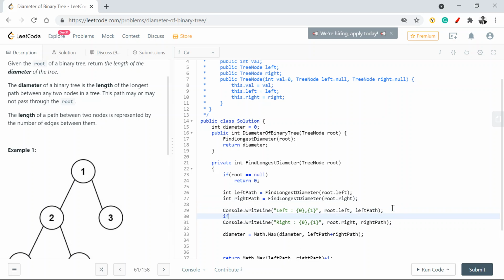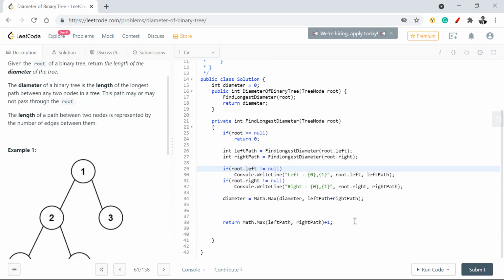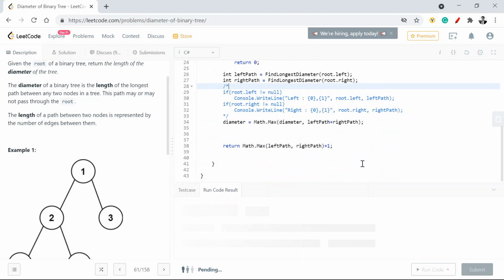This is just to ensure root.right is not equal to null, and root.left is not equal to null, right? So this part is just for debugging purposes, but let's run this one and see if it is passing the base conditions or not.